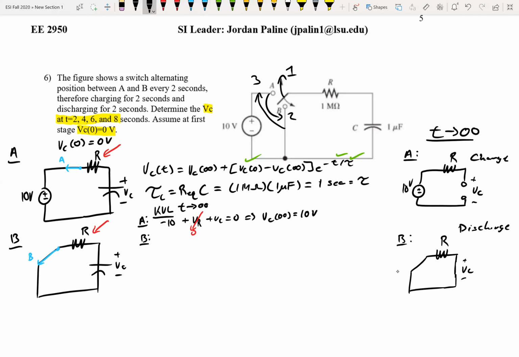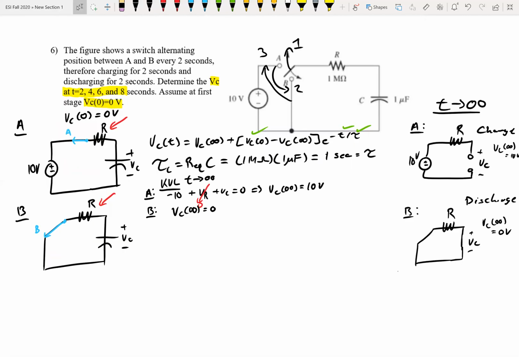B is just going to be discharging forever. So if it discharges forever, it's eventually going to run out and go to 0. So now we have the final values for the infinities here. I'm trying to write these as best I can off to the side. All right. So now that we have those, let's go ahead and start just going back and forth with charging